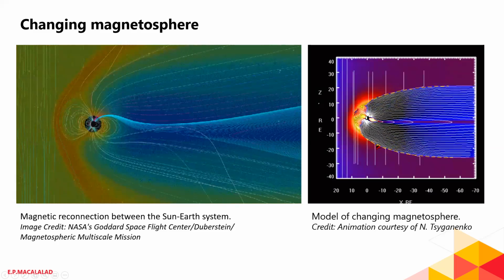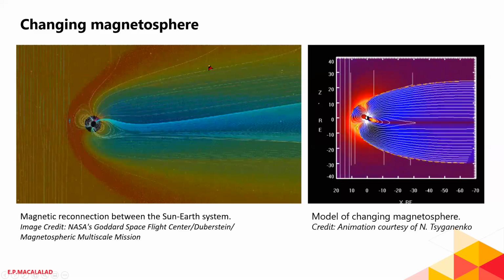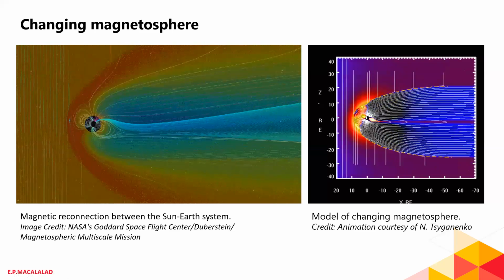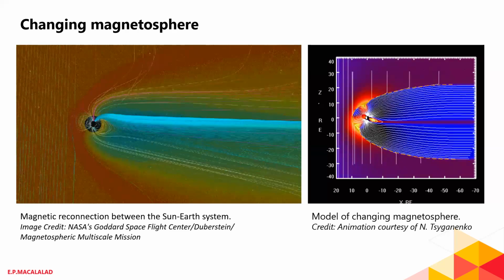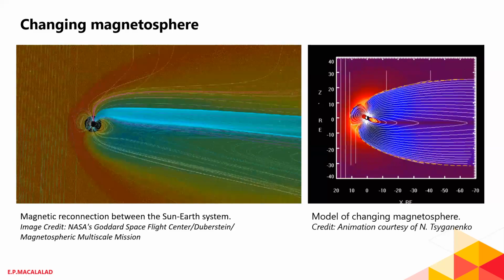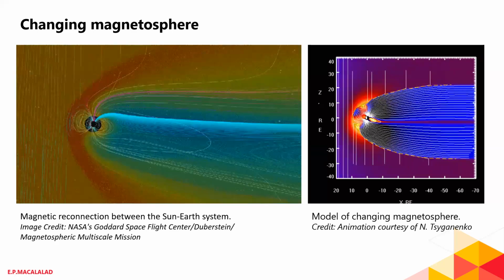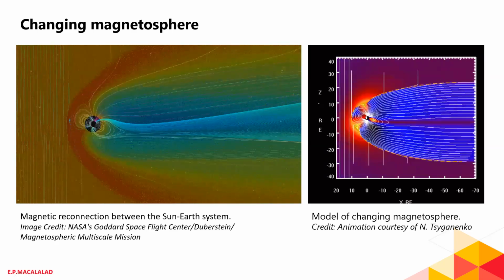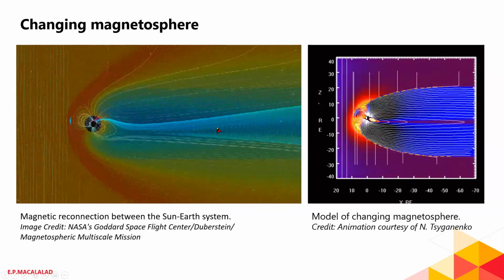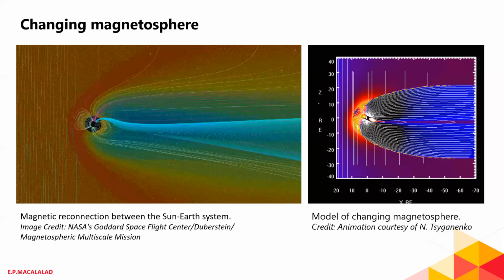Same goes here. Okay, so this is what the magnetic field of the Earth or magnetosphere looks like with the changing influence of the solar wind. So the shape of the magnetic field is basically dictated by the solar wind. So what happens to the solar wind? That solar wind actually affects the magnetic field of the Earth. And in connection to that, we can actually define several current systems.